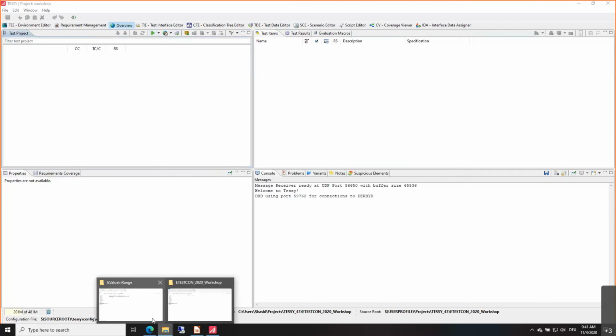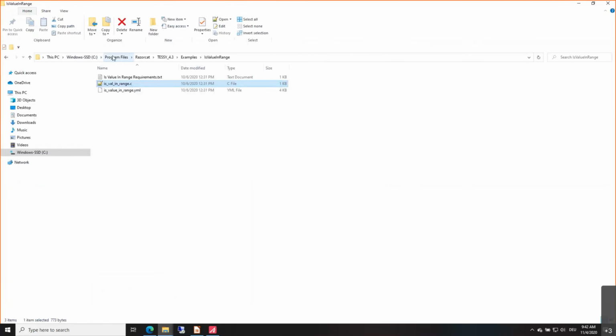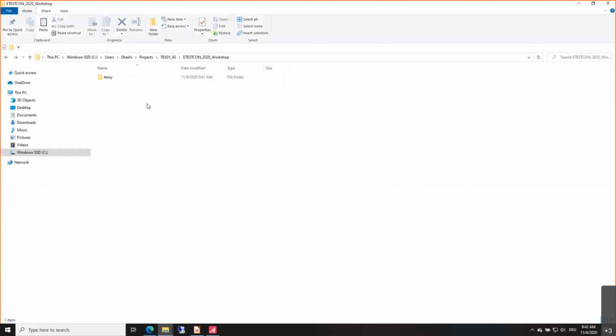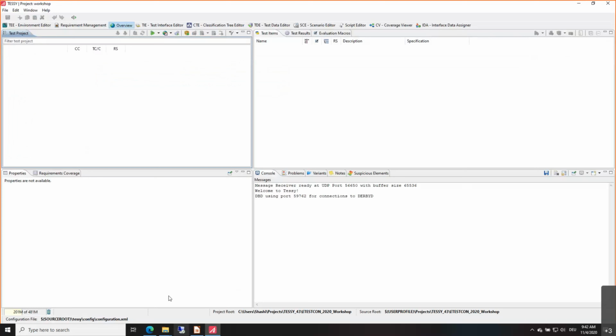So from there you can see your installation path is here. So program files razorcat, and you can go here and you can see this one is our code. So I can just copy this to my project location. So maybe we can create and yes. So I have created a project. I also have a source in my project root. Next,